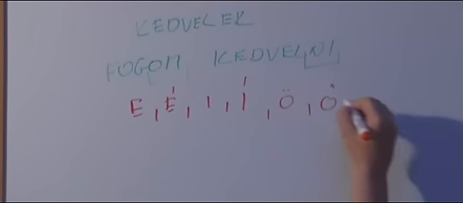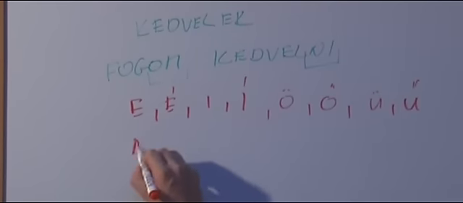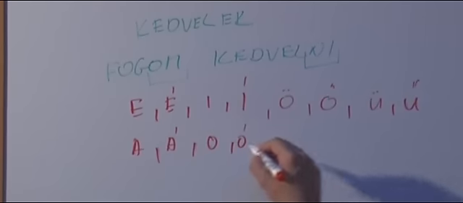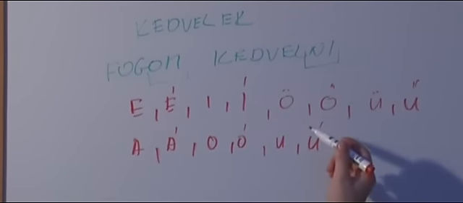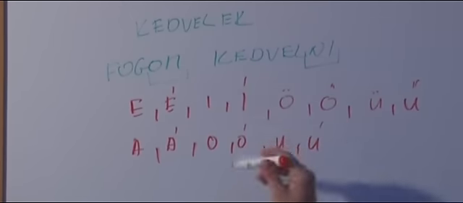Now, if you have a good memory, you can remember that e, i, ö, ü, I think that's all. These are the high-pitched sounds, and o, a, o, u. These are the lower ones. I think that's it. If I missed something, I'm really sorry about that, but you know, that's all.